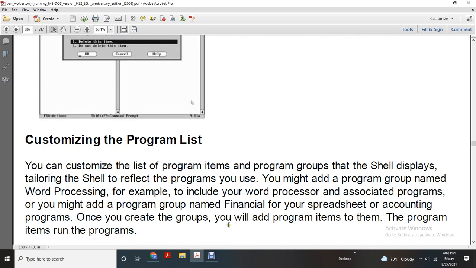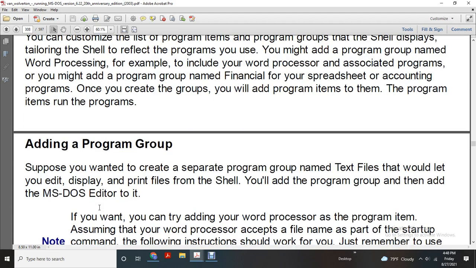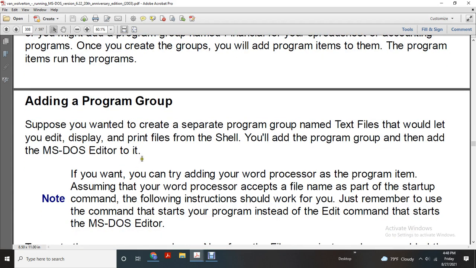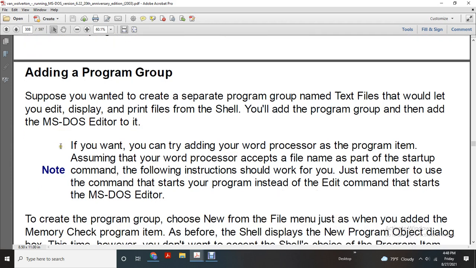Then financial for your spreadsheet, accounting for the programs. Once you create the groups, you will be added with the program item to the program item runs the program. Adding a program group. Suppose you wanted to create a separate program group in a text file that would let you edit and display with the printed files shell with the add of the program group, then add MS-DOS editor